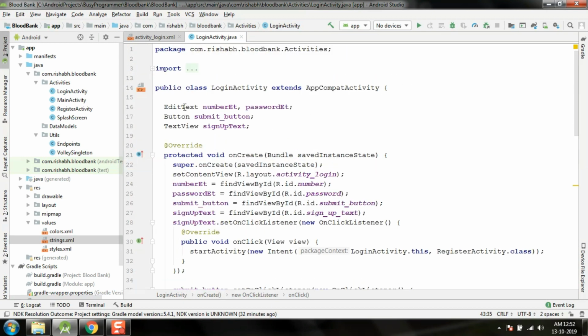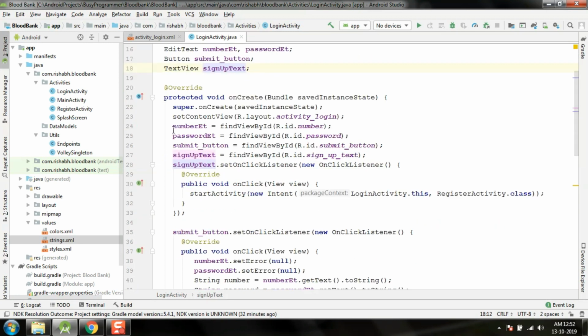So far we have created variables for edit text, button, and text view, and we are binding these objects